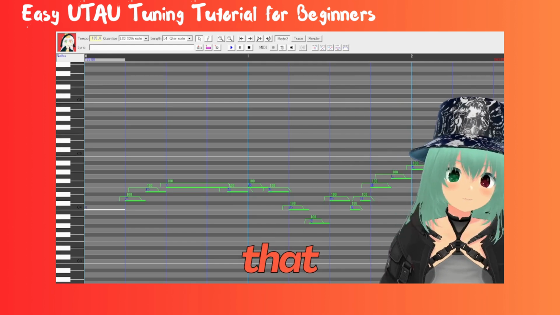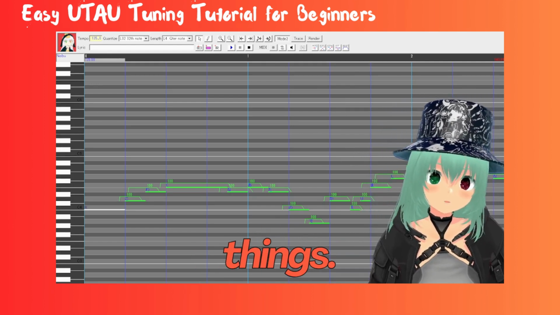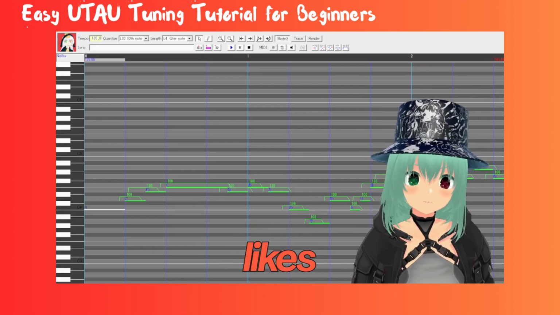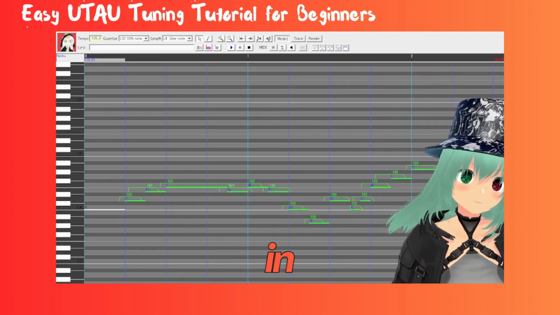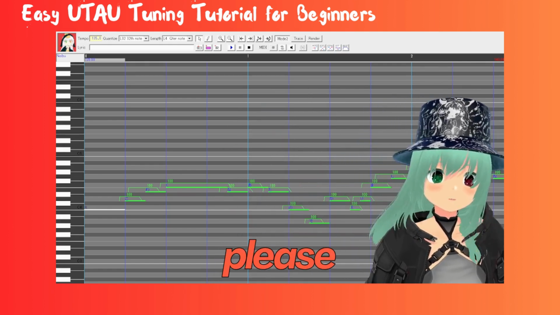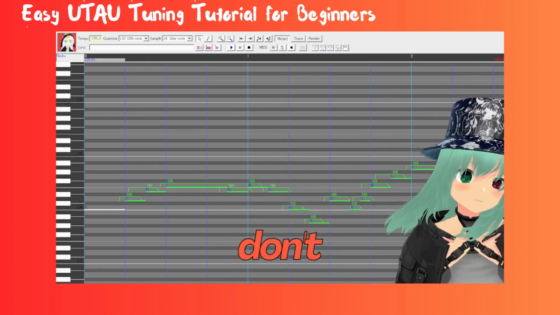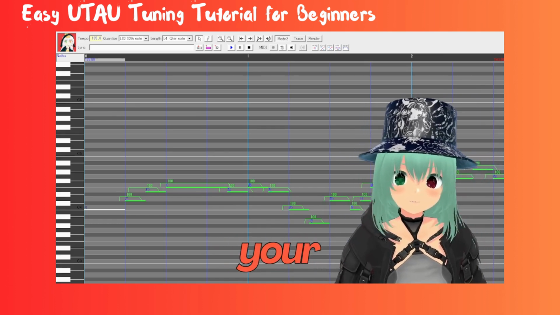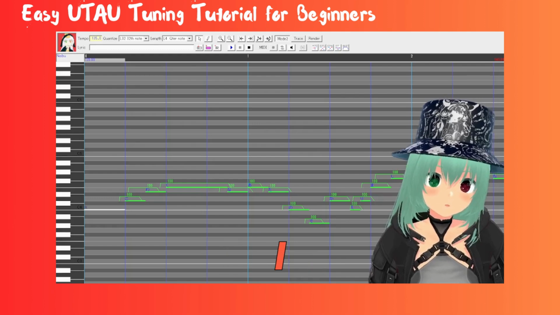And I also want to say that this tutorial is going to be based on how I personally like to tune things, and there's no right way to tune things. And everyone likes to tune things differently. Like, one person will not tune the same thing in the same way as another person. So please do it your own way whenever you want to. You don't have to follow anything in this tutorial exactly, because finding your own way of doing things is important too. But anyway, before I actually tune,